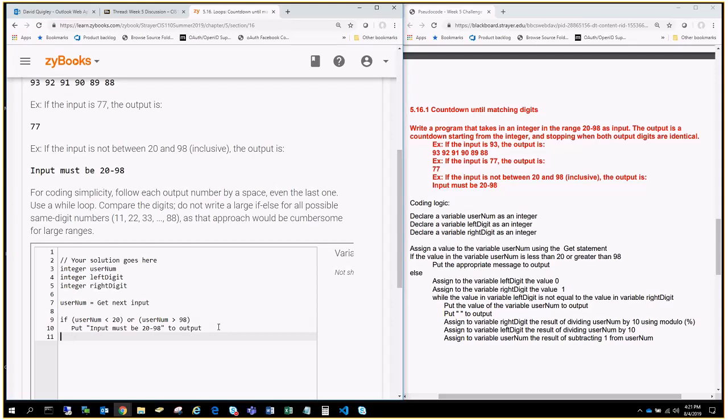I'm going to hit backspace because the if and the else need to always line up vertically. So I'm going to say else. Now this means if this over here wasn't true, 1, 2, 3, I'm going to be able to start doing